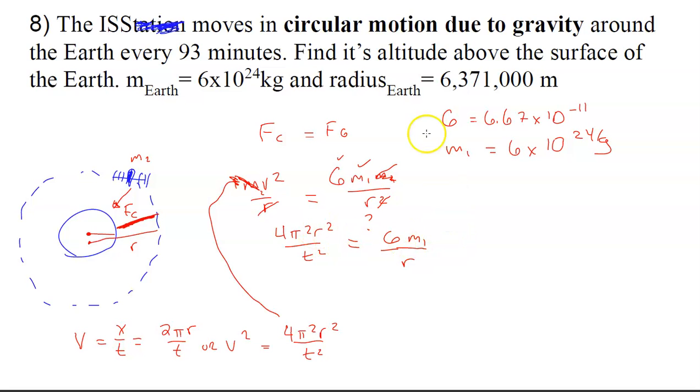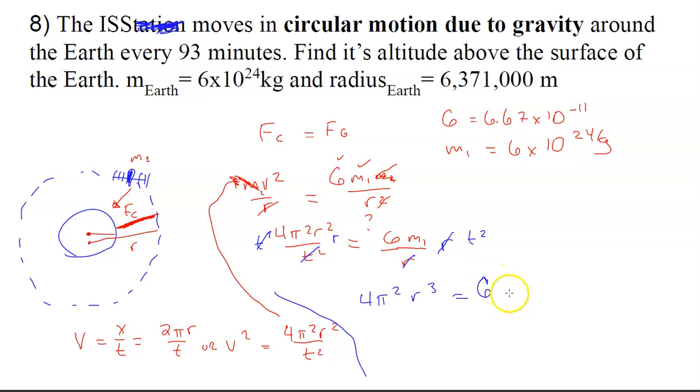So what I'd like to do now is come in here and multiply both sides by r. That's going to cancel here, and when I multiply by r, then r squared times r is going to be an r cubed. Simultaneously, let's multiply both sides by t squared. Cancel the t squared here, and it'll come up over here on this side. So when the dust clears from all of that, what I'm going to have is 4 pi squared r cubed equals G